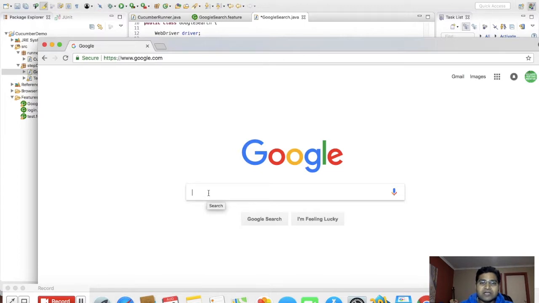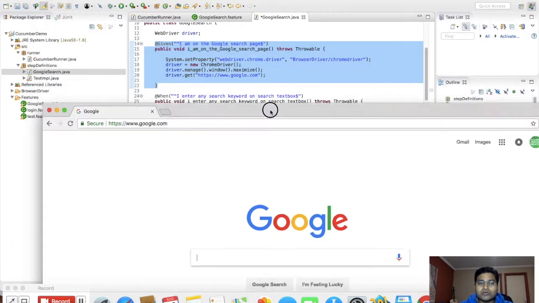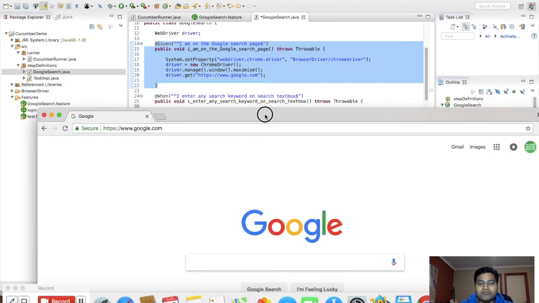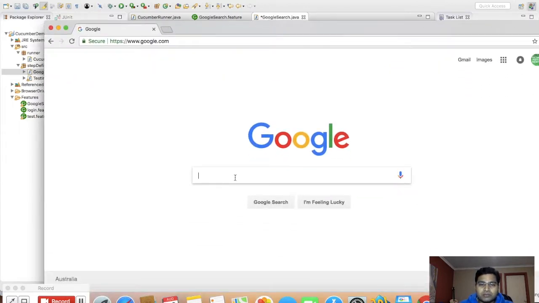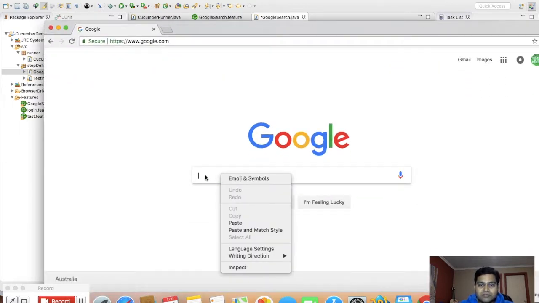So to identify an element in Selenium, you have different identifiers. As of now, I won't go into much detail, but there are multiple identifiers, like from ID, from name, from XPath. I'll come up with another tutorial to completely cover all those identifiers and Selenium details, but for now I'll just quickly show you how you can identify some of the elements, just to keep going with this tutorial. So to identify this text box, if you're on the Chrome browser, just right click and click on inspect,